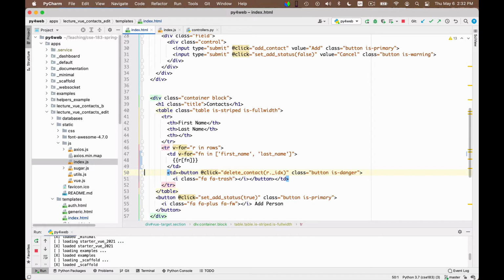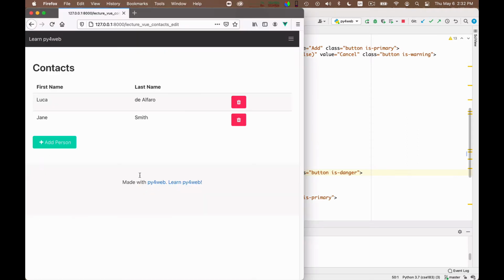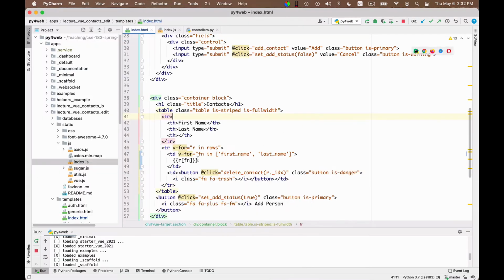So let me make this single change and test it. I don't need to restart Py4Web, but I do need in general to reload hitting Shift Reload, because this will reload all the cached material, including any new JS or HTML that is there, okay? So if I do this, well, it still works, there is no change, but the page was different that generated this, so we are okay. Now what I want to do is the following.